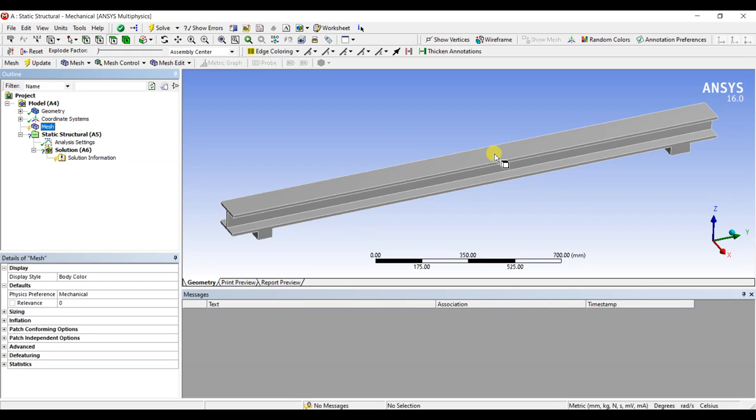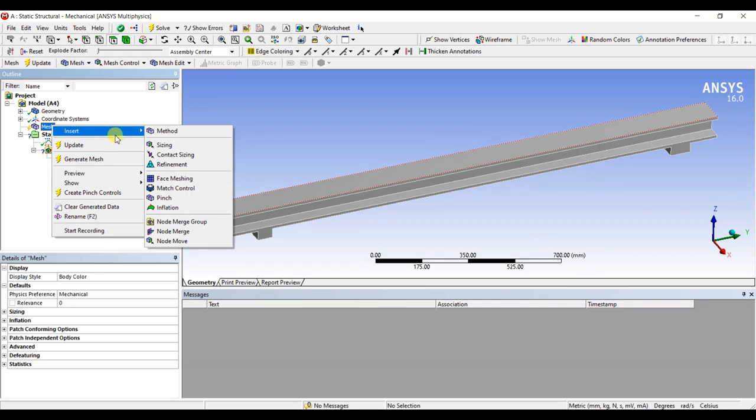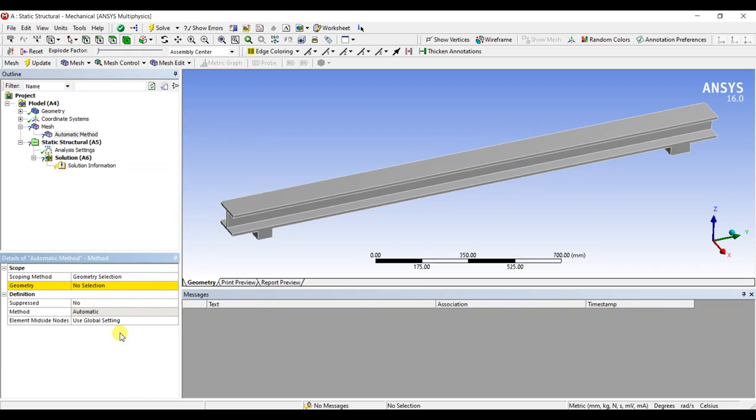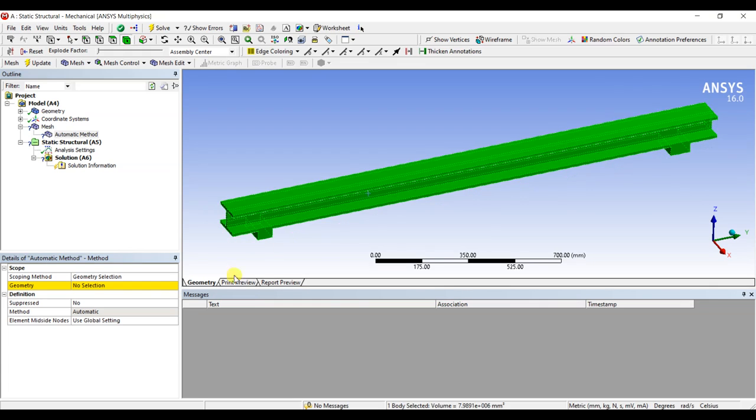You can assume it as a main domain, and by clicking on the mesh, you will get the subdomains of this main domain. So right click on the mesh, and here you have insert method. You just have to click on the body and geometry, apply.